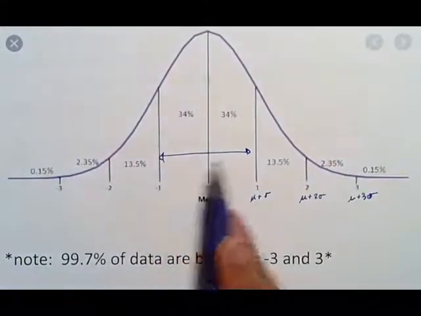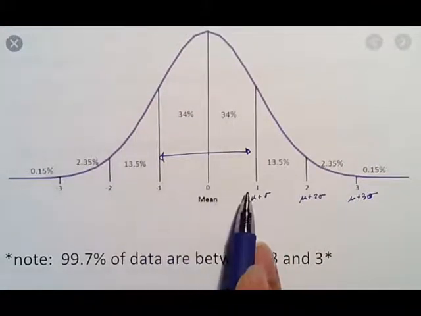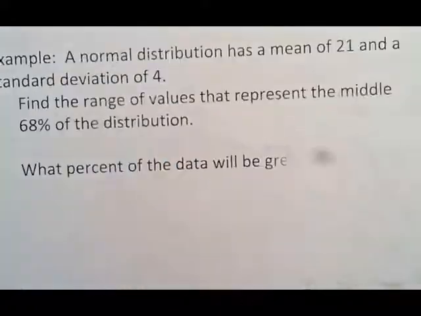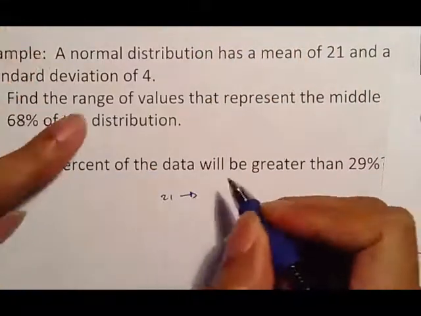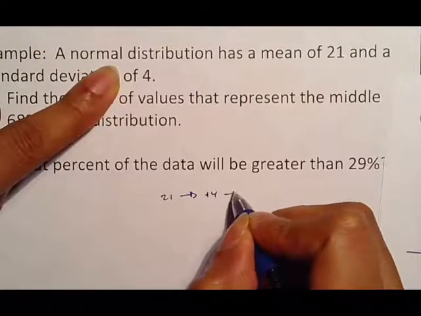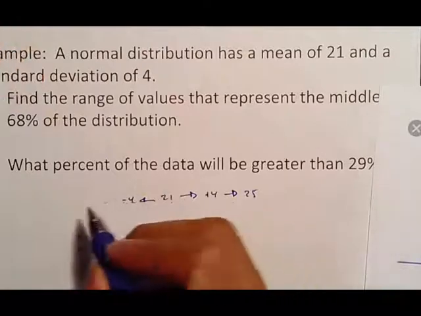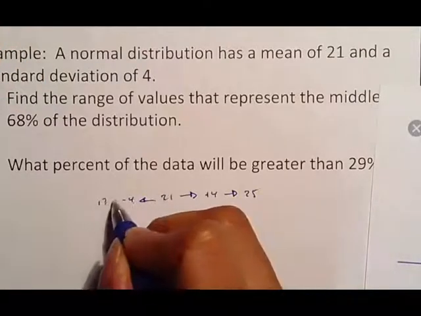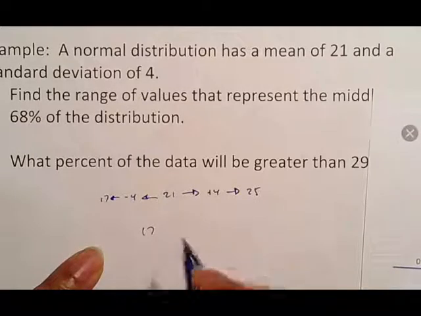But the middle 68 is this. And so notice that the middle 68 is one standard deviation away from the mean. So in this problem, if the mean is 21 and your standard deviation is 4, you add 4, which makes 25. You subtract 4, which makes what? 17. And so your range would be from 17 to